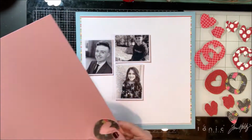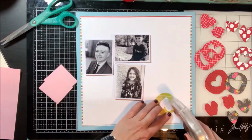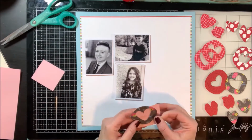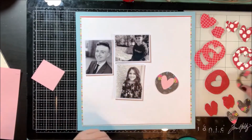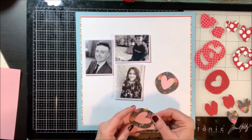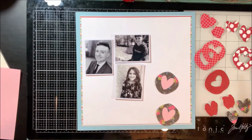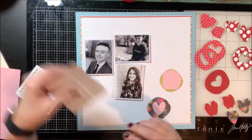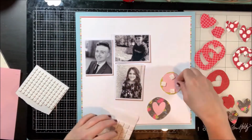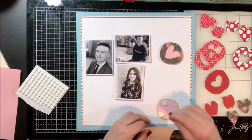And I've just sorted them into color groups, as you can see. And I'm keeping both the outer part, the actual circular shape, as well as the inner hearts to use on this project. When you are using a really themed kit, it's always a good tip to cut down those pieces of paper that you feel could be neutral into a shape, whether it's on a die cut machine like my Silhouette, or you're using just manual dies or even punches, the same kind